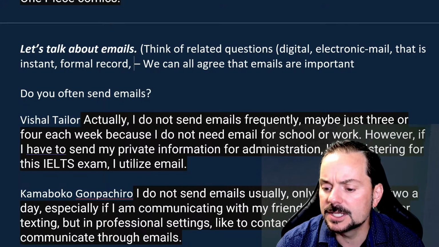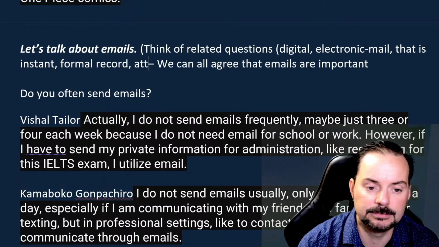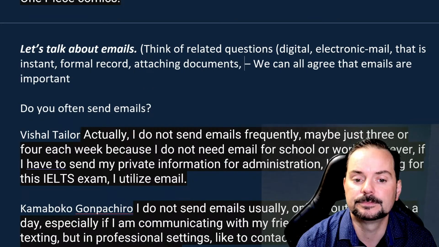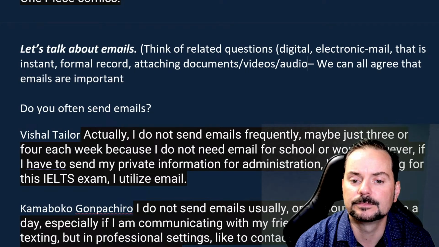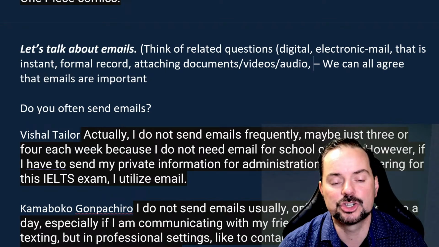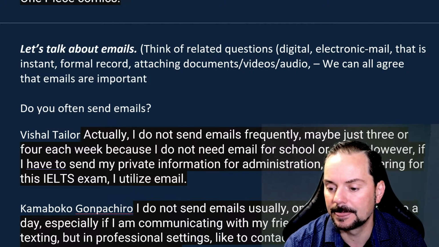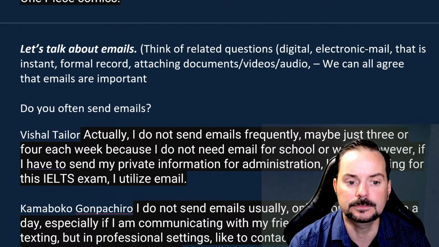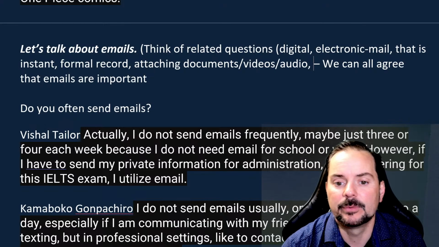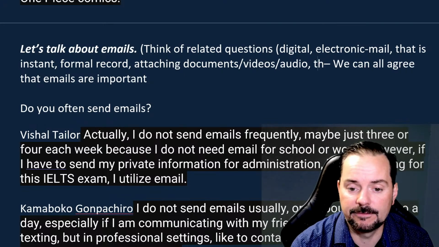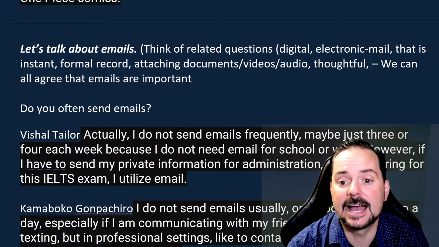Yeah, very good. Amra says we can attach documents like a CV, for instance, right? So you can send kind of a package, right? It's not just what you're writing, but you can attach documents, videos, audio, right? Okay. All right. And it also provides time, right? So it's thorough, it's thoughtful. Okay. And it allows time gap between communication.